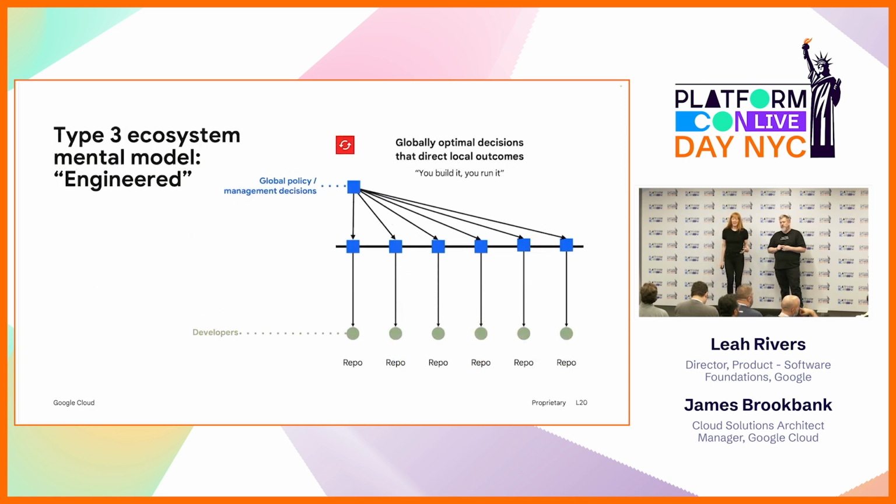So type 3 is really where you end up being a lot of the time when you have really large scale software, enterprise software. It's you build it, you run it. Your architecture is your cost. We've developed as an industry a pretty good working knowledge of how this works. Global policy and management decisions are effective through our shared responsibility model, through a lot of management, and development teams then become more responsible for the implementation, but not necessarily setting the policy.